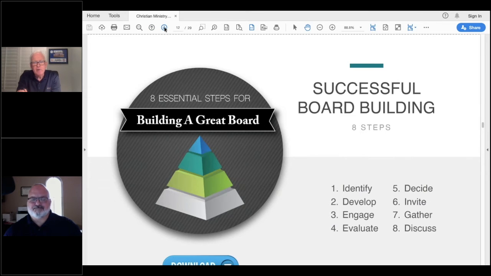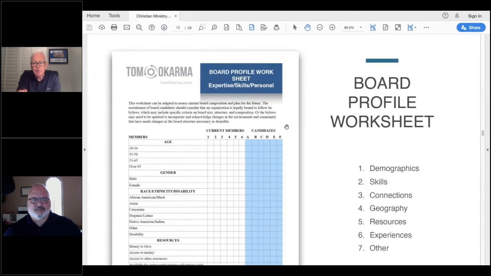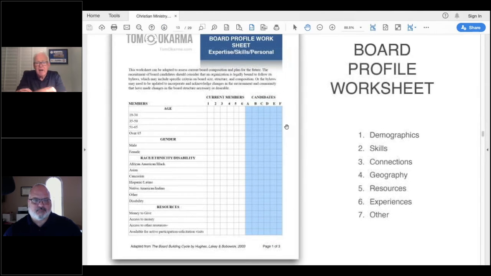Right. Partly to answer your question, the next slide is a tool, another tool I can use. This document, again, you can download it, change it up all you want. This is a tool that some boards use to identify the characteristics of current board members and take a look and see where the gaps and overlaps are. So if you have, say, 6 board members, current members, and you check a box for what they bring to the table, and you can change the demographic information to competencies, to skill sets, to job skills, the experience, whatever you want. This one is 3 pages.